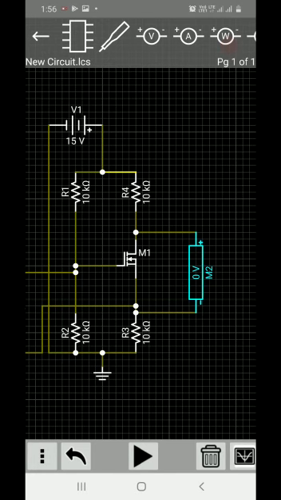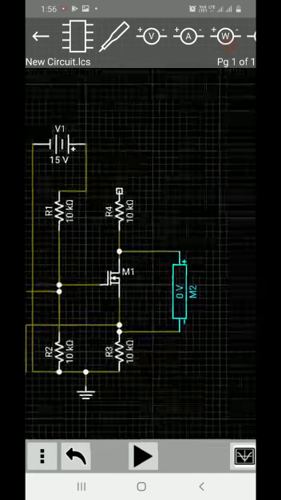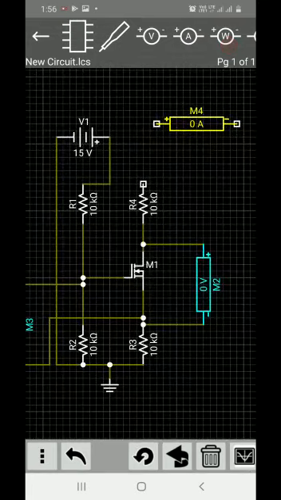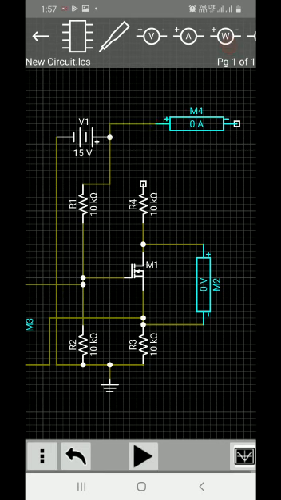Fine. So I will delete this segment and I will add one milliammeter over here. Place the ammeter. See the direction of the ammeter again. The drain current enters the drain terminal, so wherever it originates, that should be the positive terminal. It is originating from the source, so this should be connected to positive. So I am connecting this to the positive terminal. Negative is connected to this point. So this is a milliammeter that will measure the value of drain current.